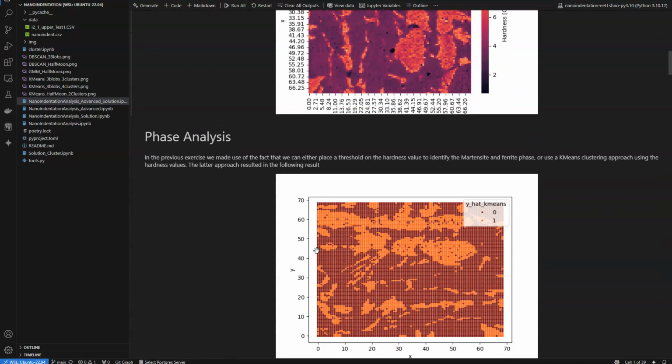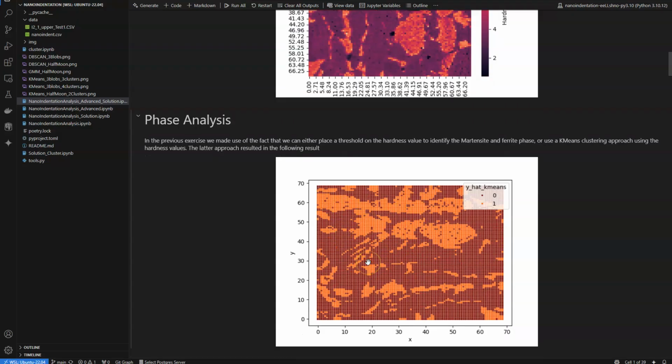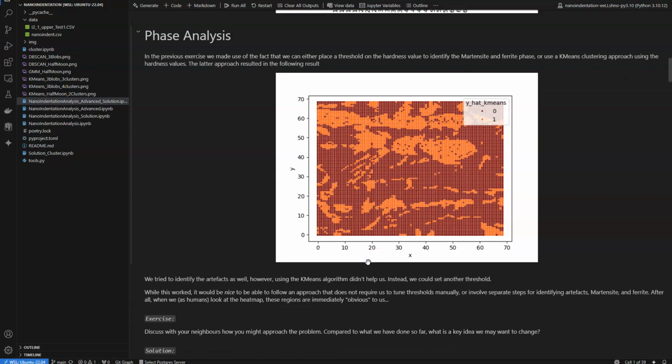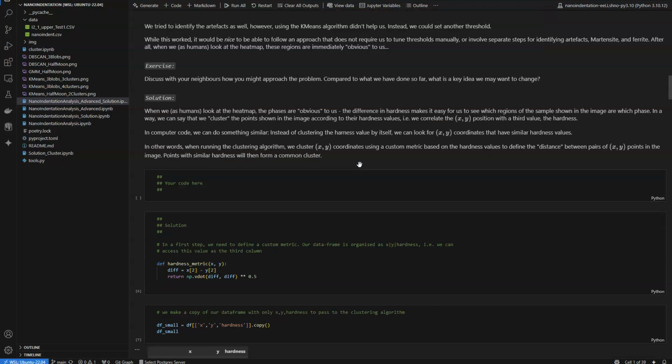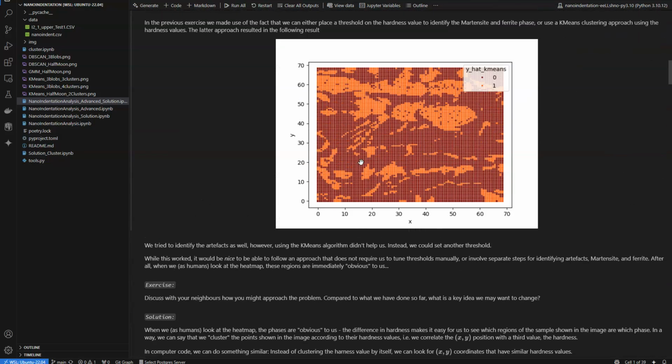And our case was that we wanted to discriminate between the martensite and the ferrite phase, and if we just use the k-means, we found that we only had two classes, but all the artifacts are then part of the ferrite phase, which clearly isn't the case. Now when we look at this, it's obvious where this goes wrong, but in computer code we need to look at this a bit differently. So how can we use a more advanced